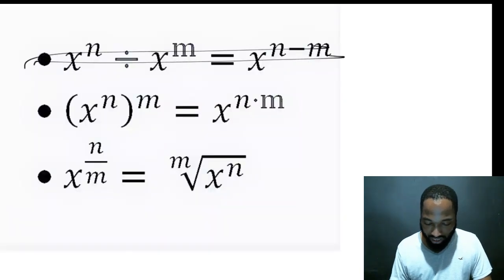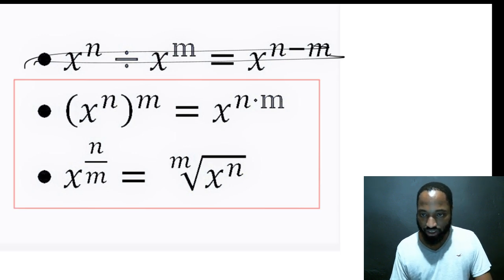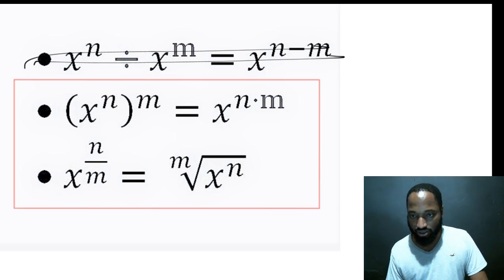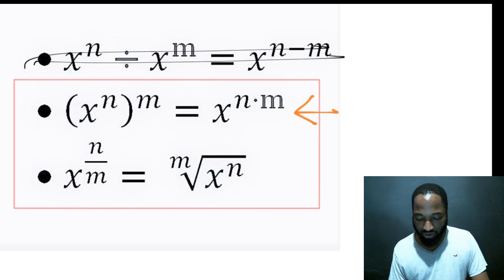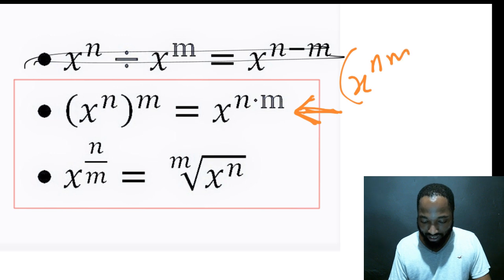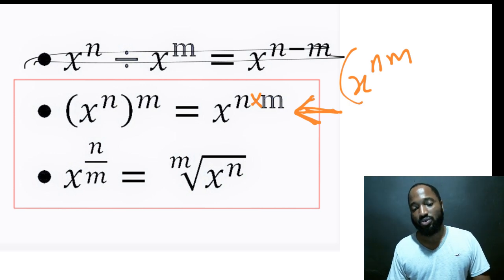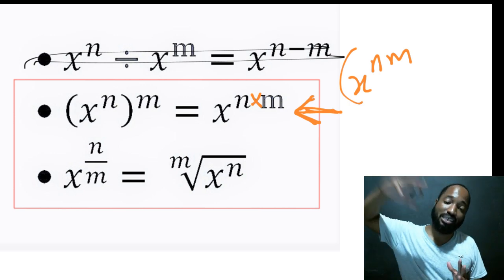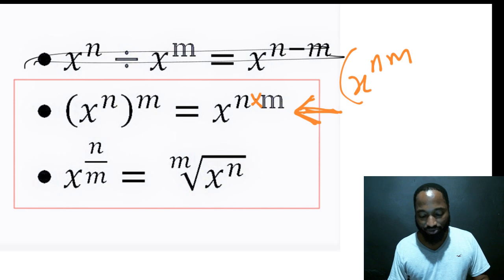We did this one already, so we're looking at these two. The law is written in a nice way here. It's actually saying that if I have x to the power of n and I have to raise that to the power of m, I need to multiply the 2. Remember I told you the dot here just means multiply, so it means multiply the 2. So if I have that bracket and I raise it to the next power, multiply the 2.